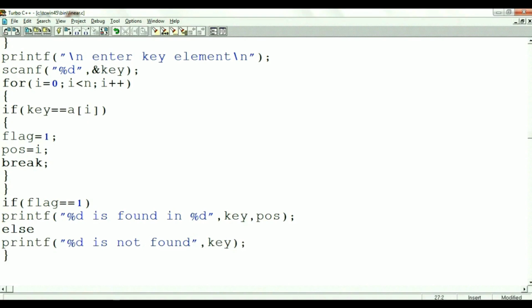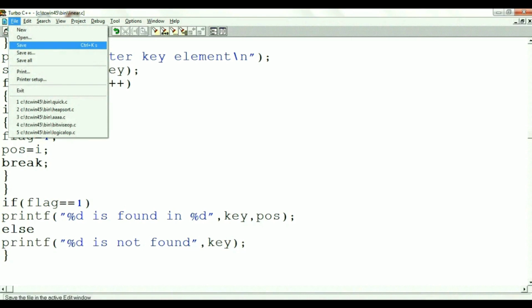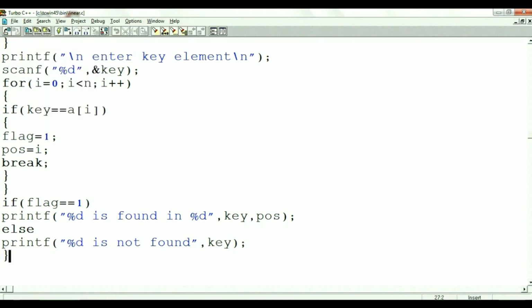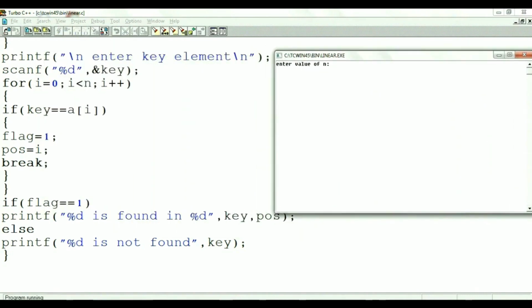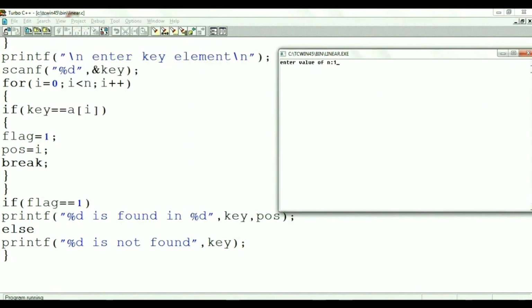Now closing of the main method. We need to save the file. After saving the file, we need to compile and execute the program. Enter value of n. Let us write the value of n as 10. Now we need to enter the values as 0,